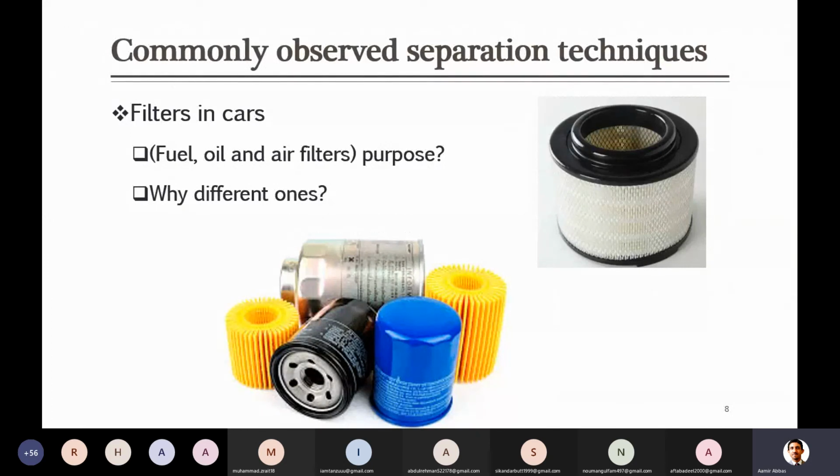So he is right. Exactly due to the different properties of the fluids which you want to clean, you have different kinds of filters. When you pass that fluid, you pass it in such a way that all those particles which you want to retain, which you don't want to pass through, will be retained on the surface of the filter, while the clean fluid, either air or oil, will pass through.